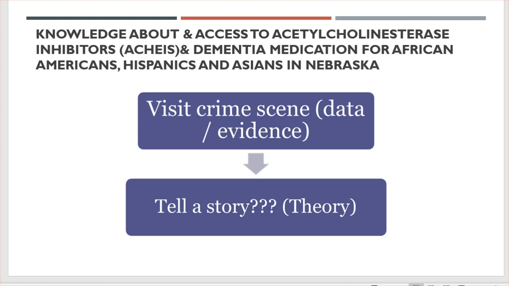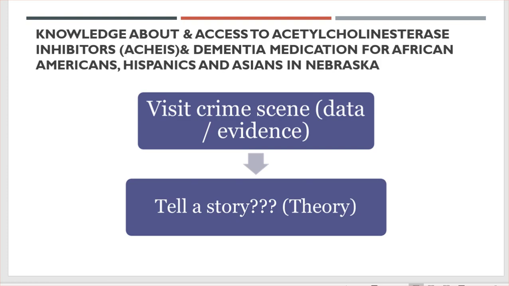I think this issue has rarely or even not been studied in Nebraska. How much do minority groups in Nebraska know about Alzheimer's medication or dementia medication? And do they have access to these medications? I think this is still an understudied but important topic. And because of that, there may or may not be any existing theory to explain the phenomena we are going to find out. Because of that,